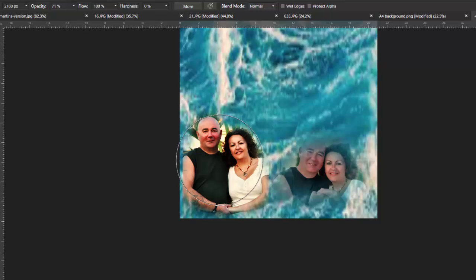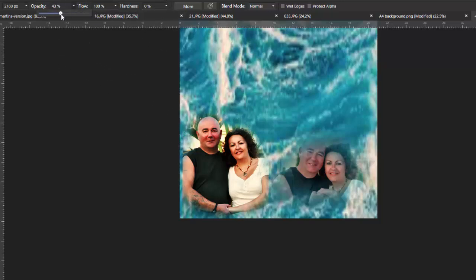So it's just a case of once again clicking or holding down the left mouse button and moving around the image just to remove some of these straight edges. Again, like before, I'm not going to worry too much about removing some of the image I want to keep eventually. I'm just really using this to get rid of the straight edges,